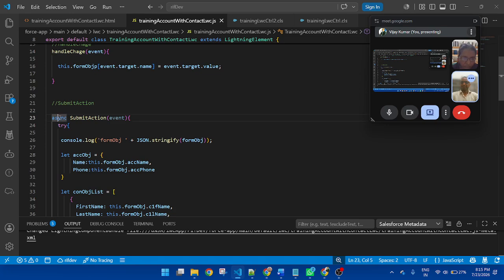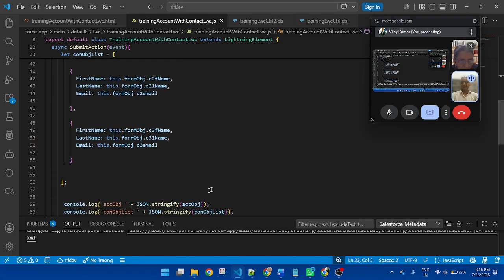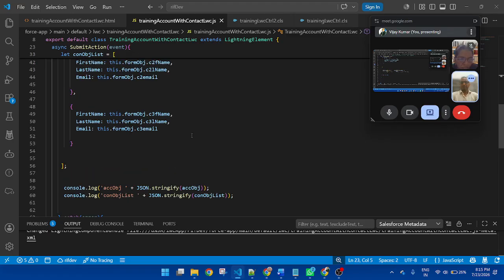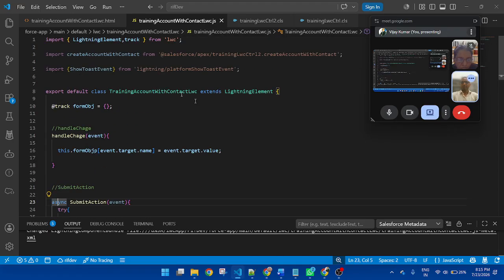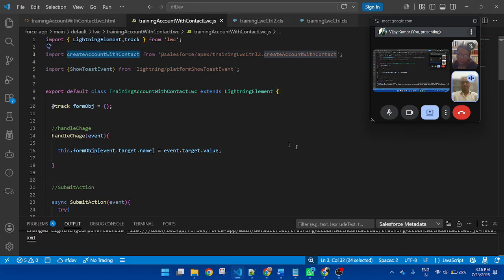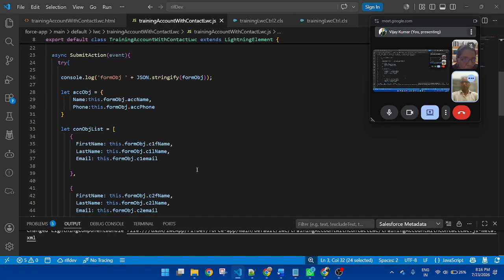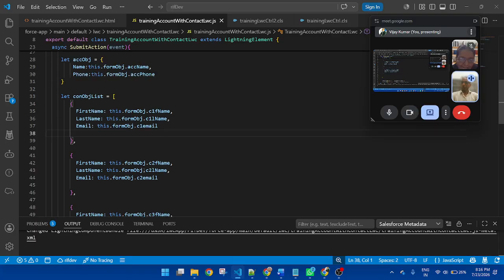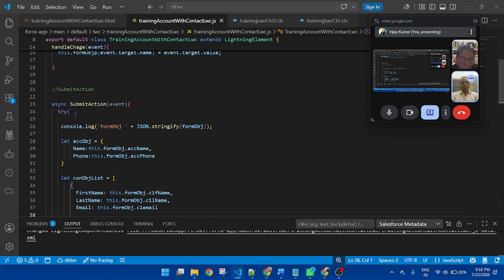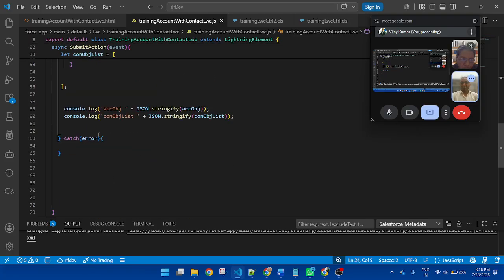So async starts before the method and await starts where we call the method. So let's suppose this is a method. Before this method, I will call await. Okay. So now my code is the same. The only difference is I created two blocks, try and catch.